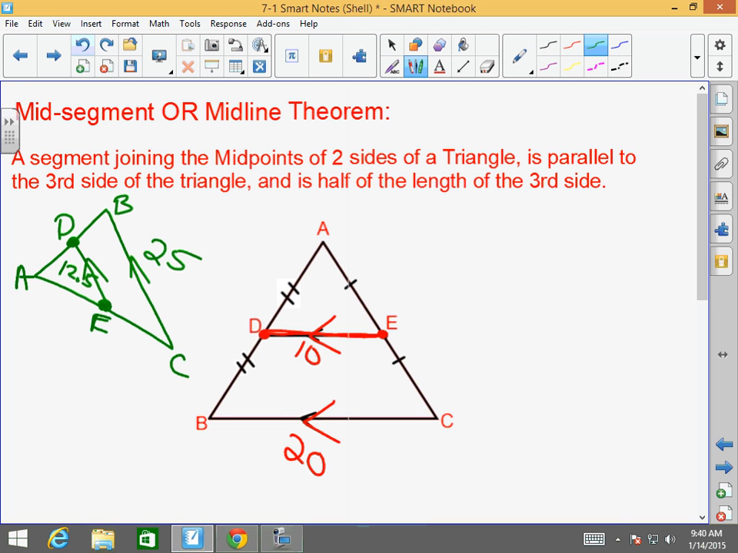There are no exceptions as long as you're connecting the segment that connects the midpoints of the two other sides. If these are not midpoints, you can't do anything. And actually, I'd have to label this. If on a test or on a quiz you saw this,